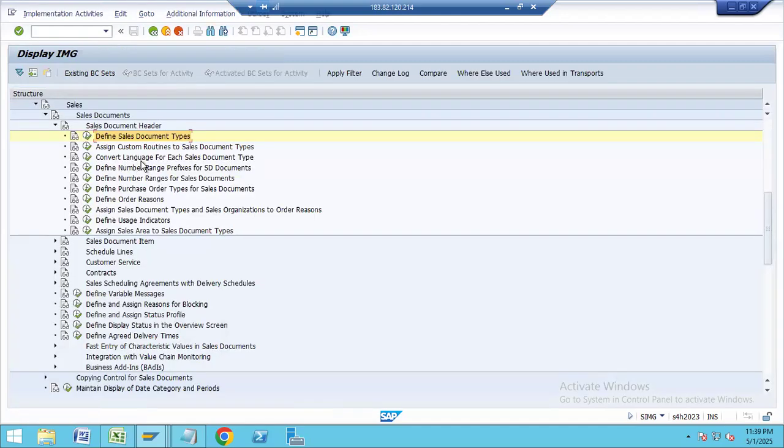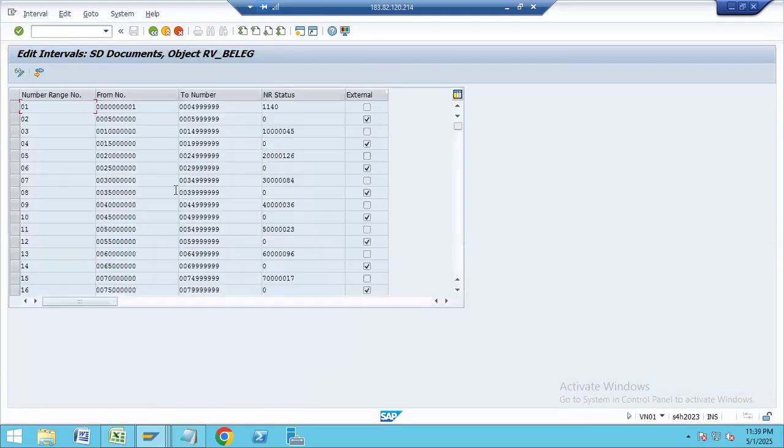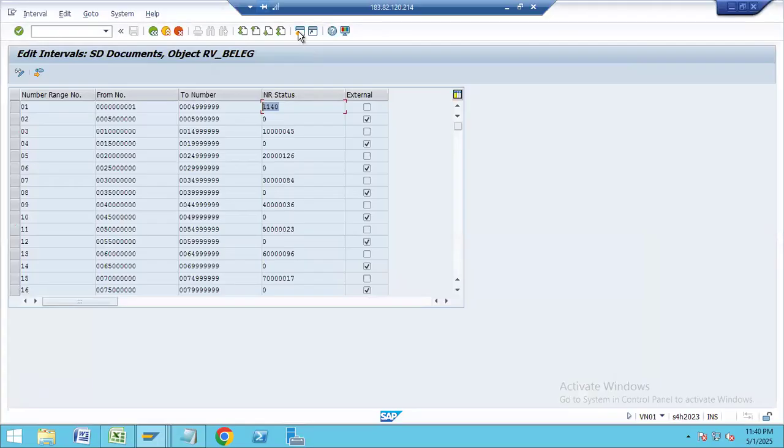Okay. Now, document number ranges are already defined here. It's all standard. If you look here, you'll get to know. So all these standards are created here. See now, the last document number, if you see here, is 1140. If you look here, we already created 1140. Five documents might have been created, right? 114035. If you look here,